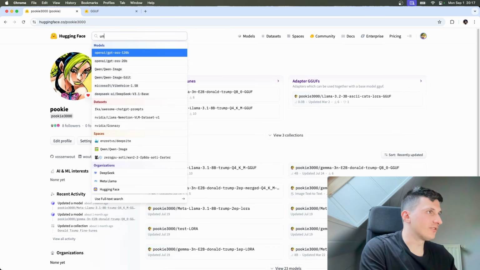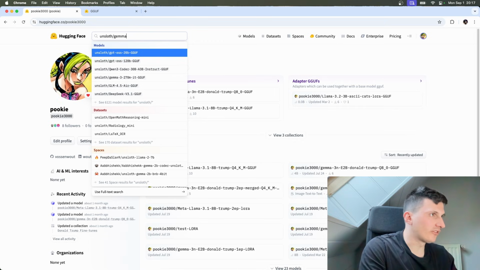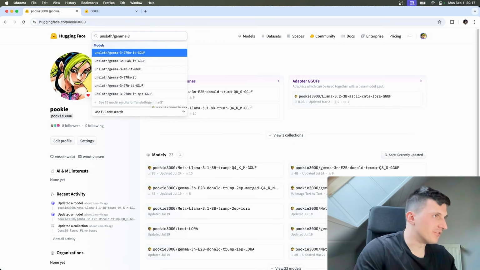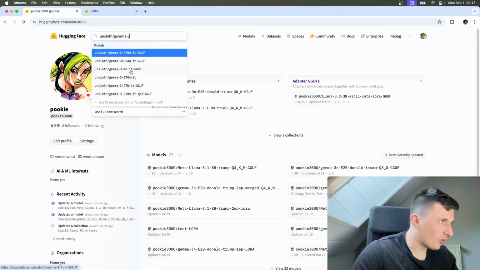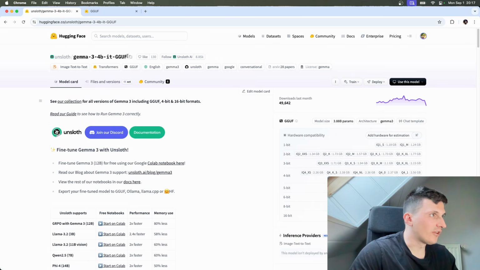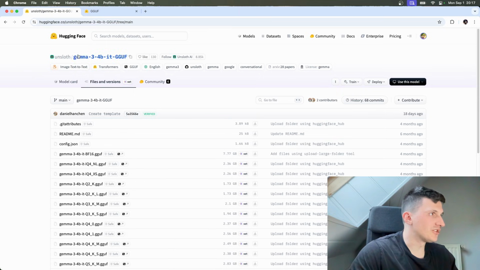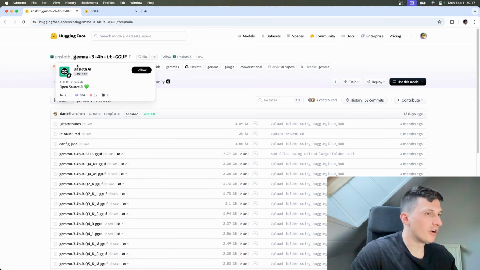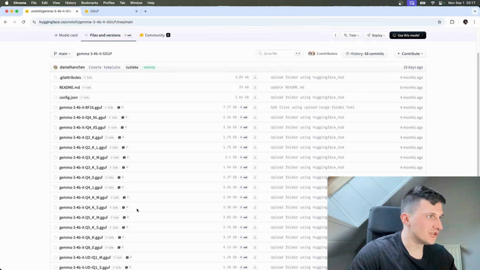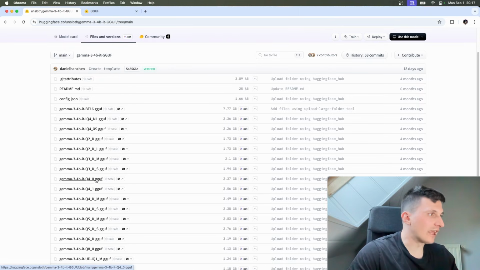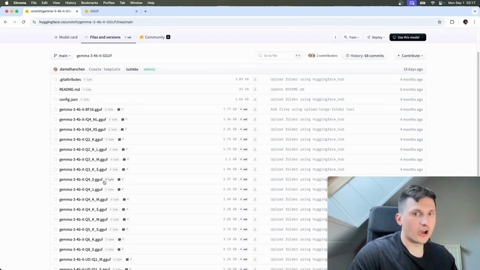model. And if you don't know much about models, just look at my other videos on my channel. I have so many videos about LLM models, but this one is a very popular model. And Unsloth, which you might know from my fine-tuning tutorials, offers some models in GGUF formats. We are also going to look at later how we can turn a random model into GGUF. But first off, just to show you some things, let's say if you just want to run some